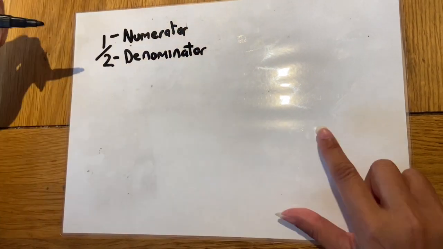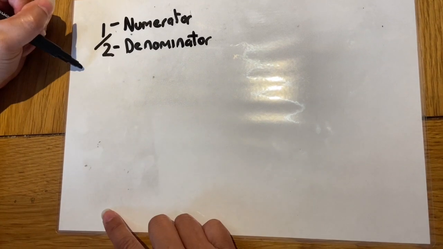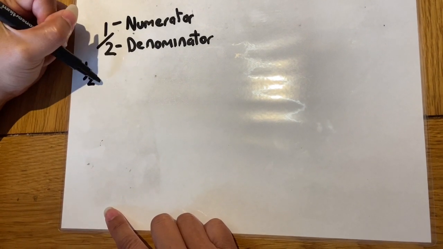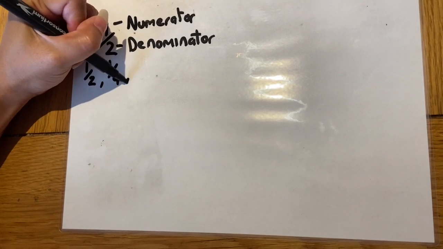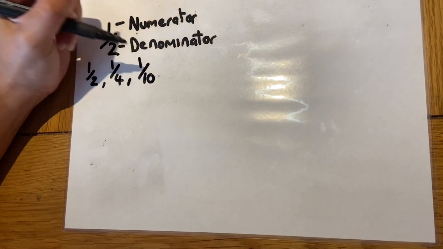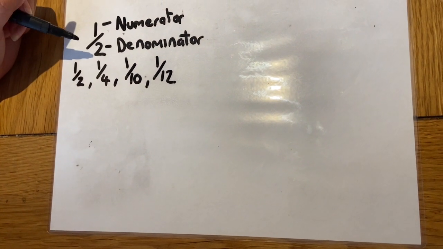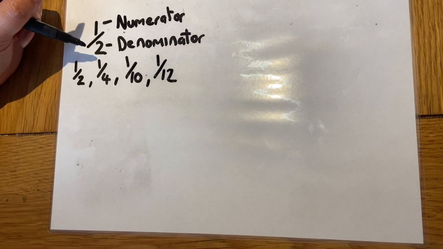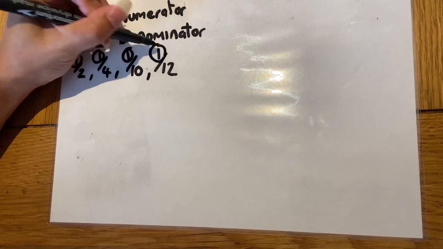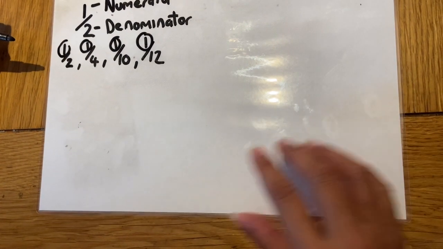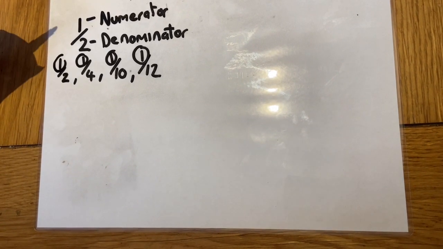Right, okay. So a fraction with the numerator of 1, for instance, like a half, 1/4, a quarter, 1/10, 1/12, is called a unit fraction because the numerator, remember the top number, is one. Okay, so fractions with a numerator more than 1, so for instance